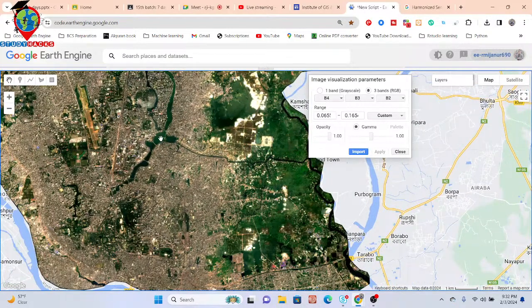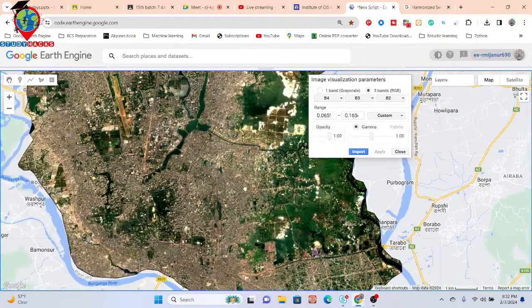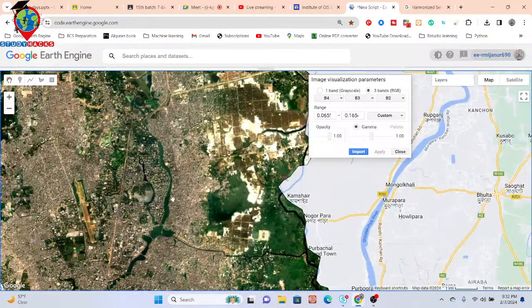You can see this is the water body. We can easily identify, and we get the vegetation naturally as a green color. We can get that from here. It's a green color. We can get this is the built-up area or settlement. We can easily get it from here. Okay. But